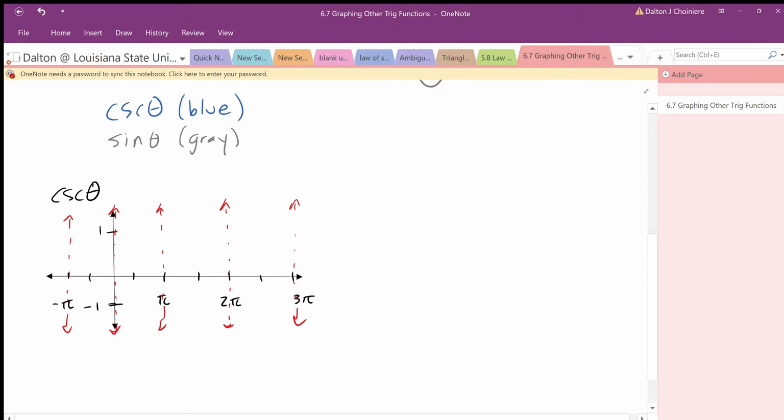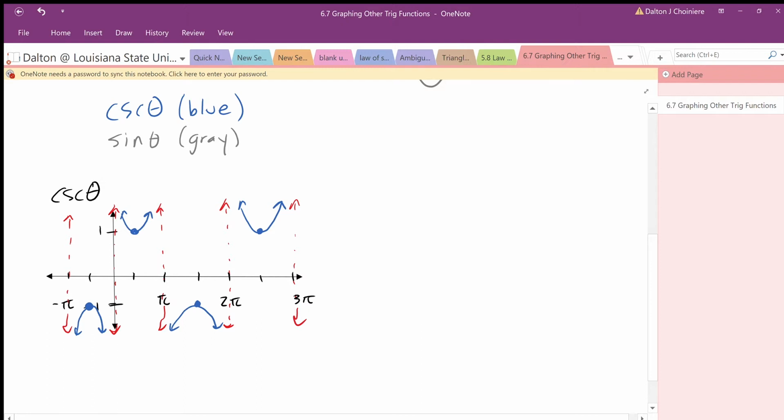So they'd have asymptotes. And then it would have these coordinate points. This one here would be at -1. This one here would be at +1. Then this one would be at negative, then positive. And you see the pattern there. And these curves flip outward. So this is what just the cosecant graph would look like, the asymptotes with the curves flipping up and downward